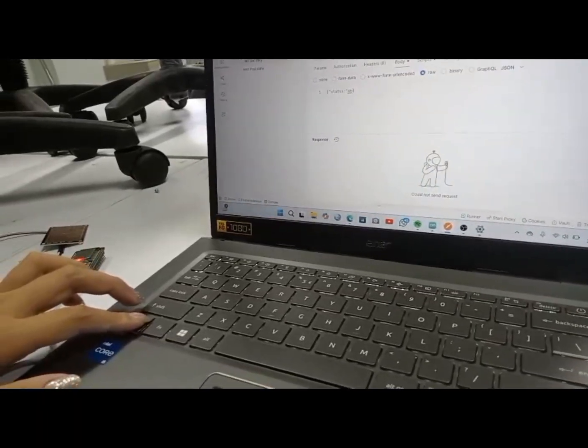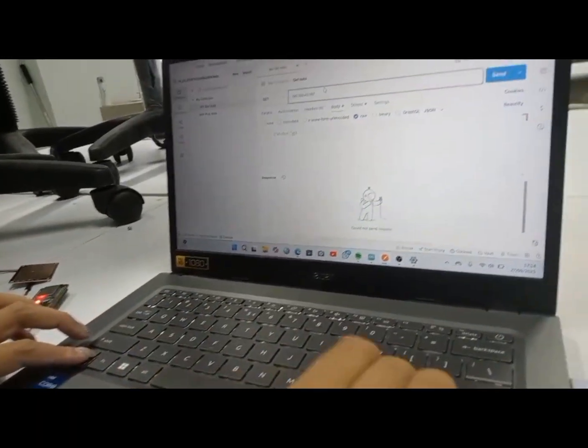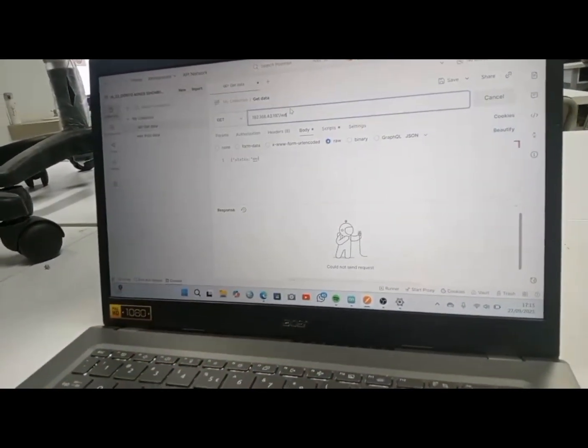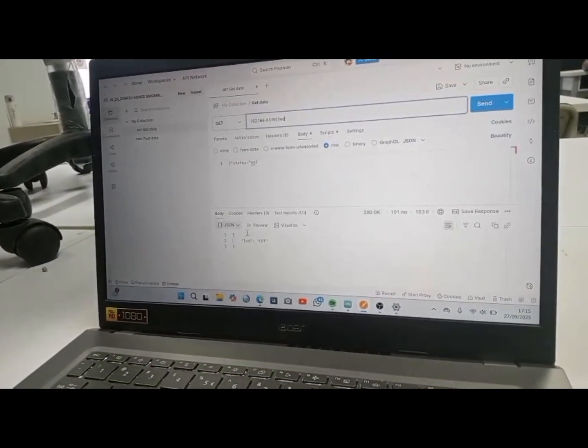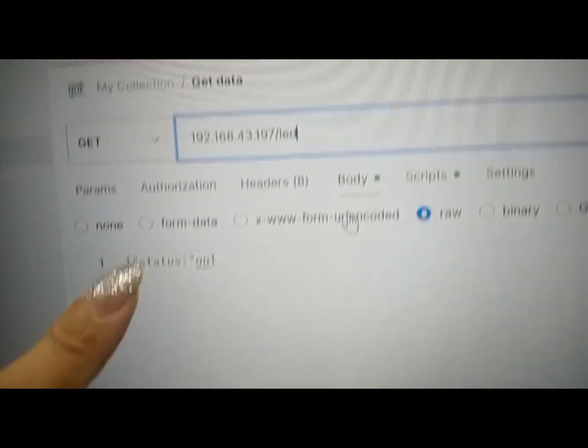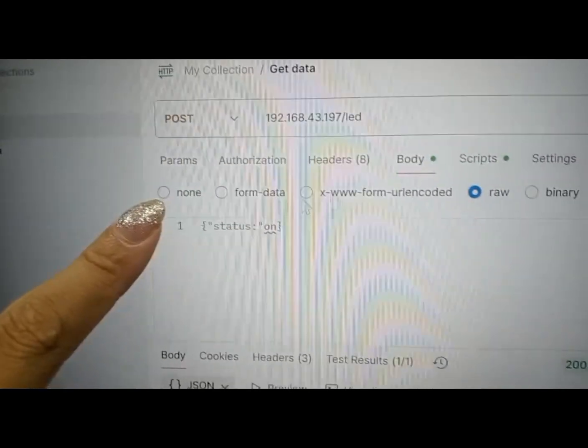This basic framework can be expanded further into more complex IoT applications, such as smart home systems for controlling lights and appliances, monitoring sensors like temperature or humidity, or integrating with mobile apps and cloud services.